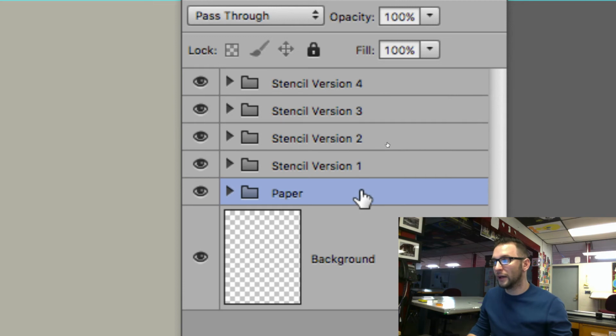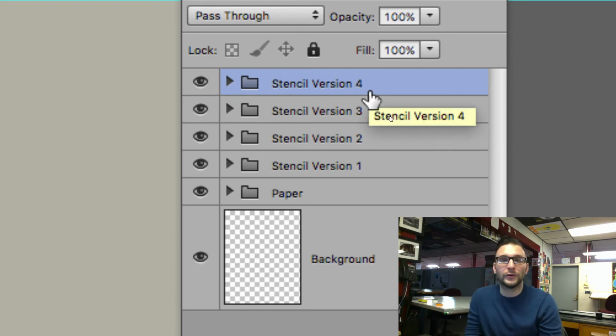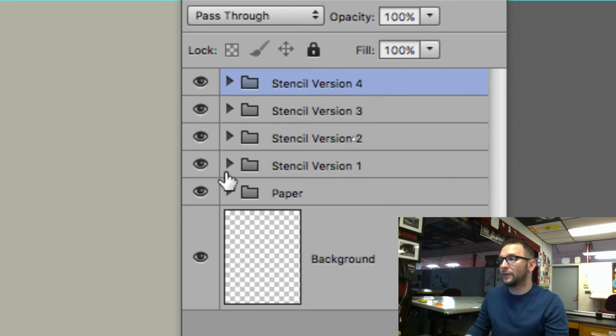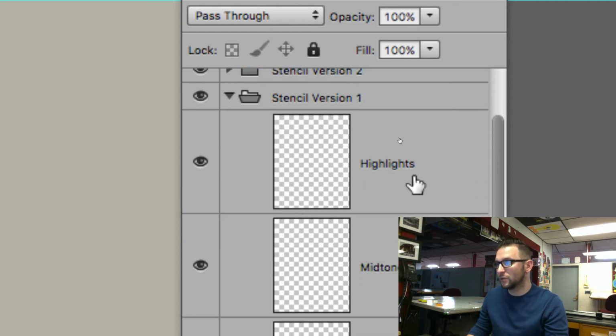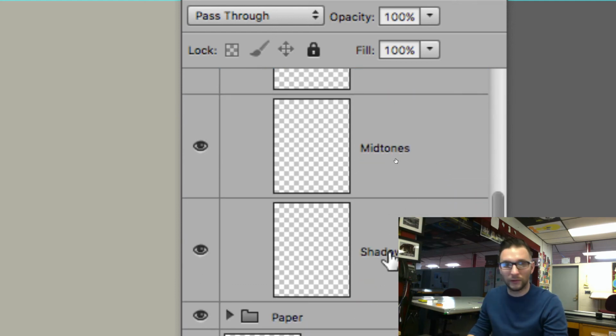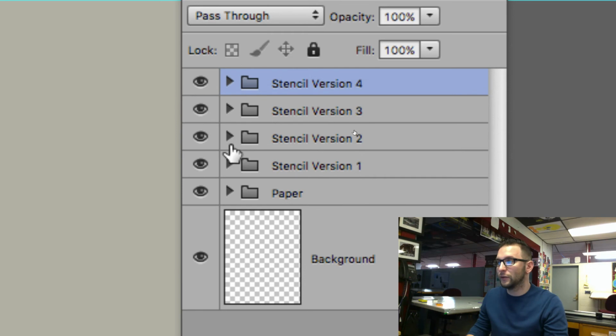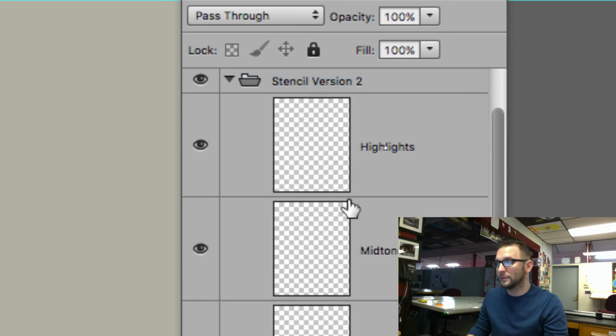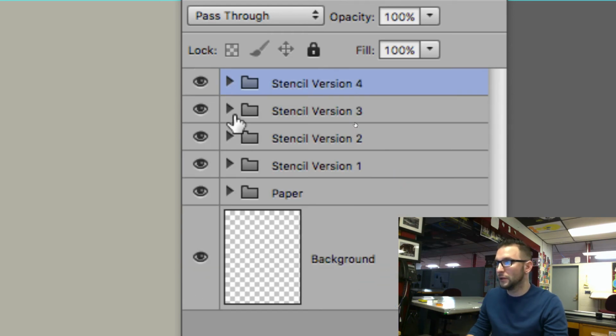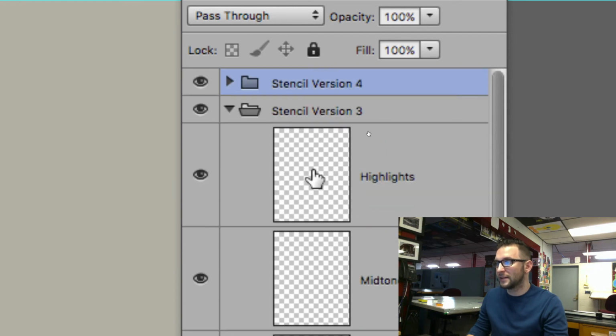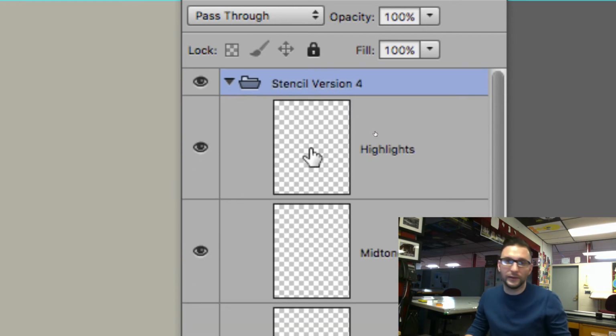Now, moving up, you'll notice that you have a group or a collection of layers labeled in each one of these folders. Version 1, Version 2, Version 3, and Version 4. I mainly made these folders so that you guys could see that you are going to have to do this not just once with the highlights or once with the midtones or once with the shadows, but you're actually going to have to do this a total of 4 times. There's version number 2, version number 3 with the exact same layers in it, however they're blank because, well, nobody